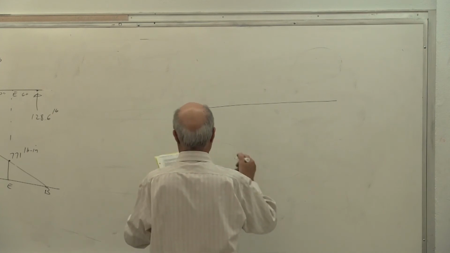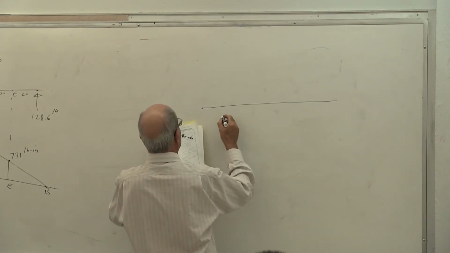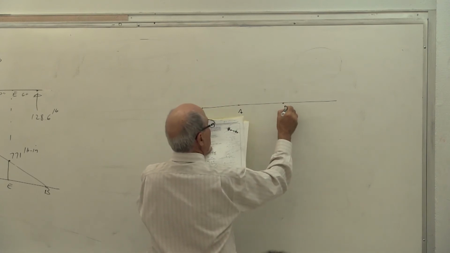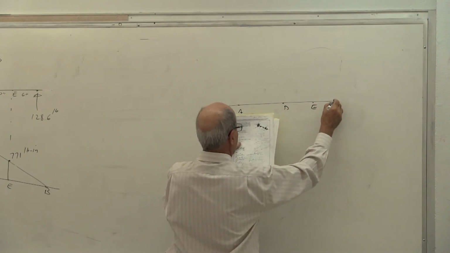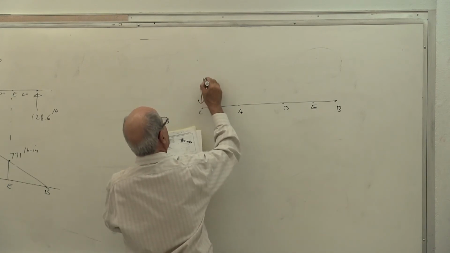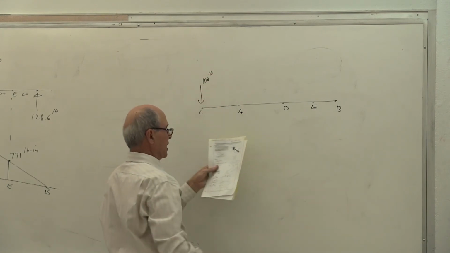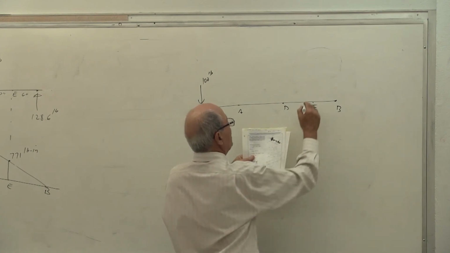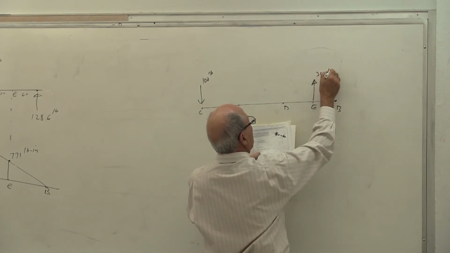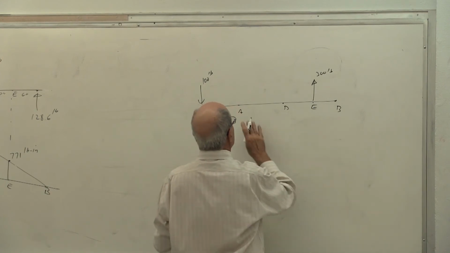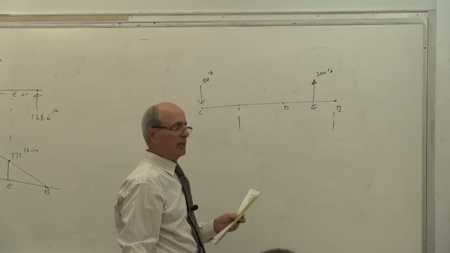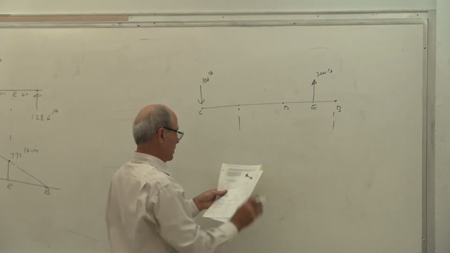I don't have room here, but therefore it becomes, so again, this is C, this is A, this is D, this is E, and that is B. And then you have a load of 100 pounds applied at point D. At point E, there is a load of 300 pounds going upward that way. At A and B are the reactions. Is that correct or not? When you do that, you calculate that one.